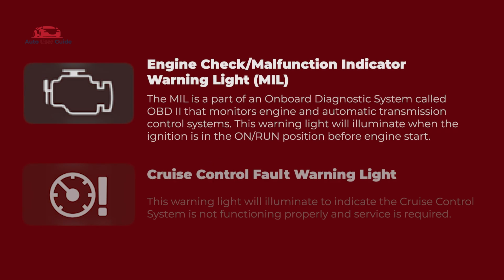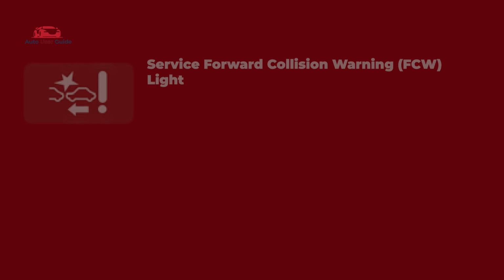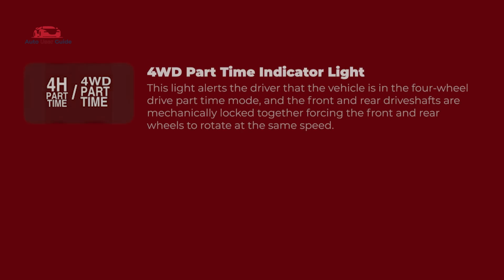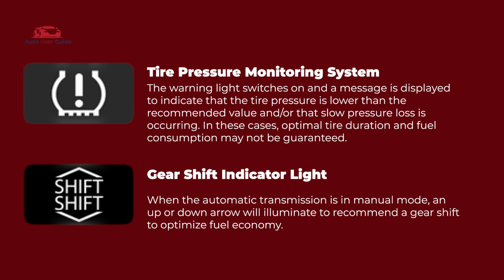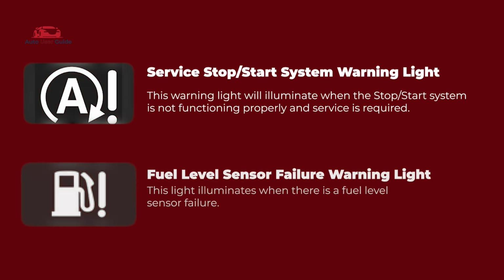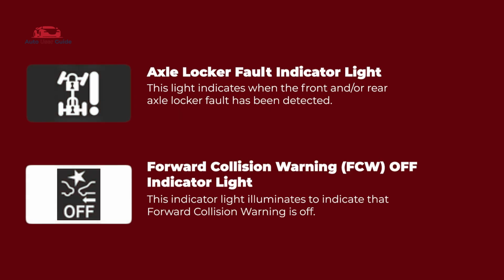engine check/malfunction indicator, cruise control fault warning light, service forward collision, four-wheel drive, part-time, 4WD low, tire pressure monitoring system, gear shift, service stop-start system, fuel level sensor failure, axle locker fault, forward collision warning off,